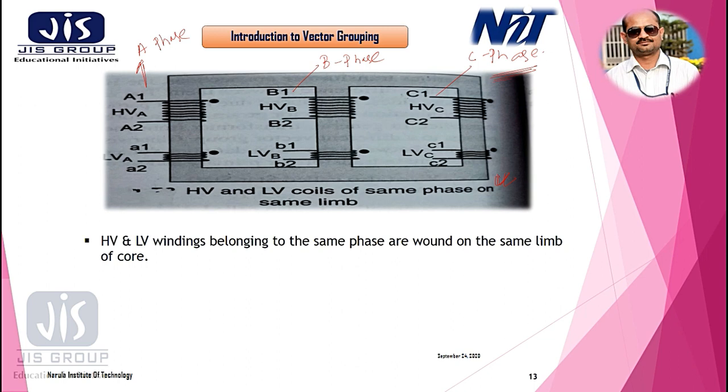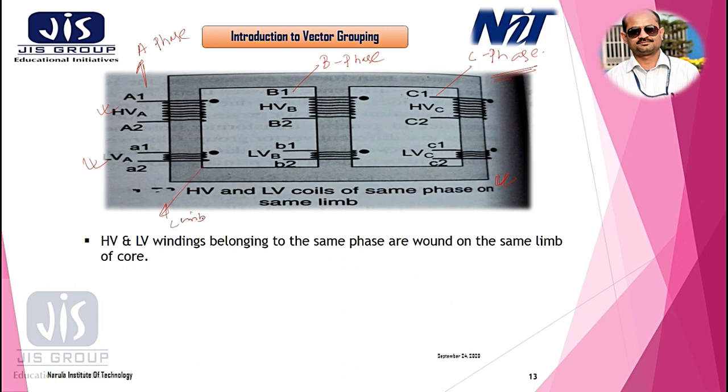Now, for A phase, this is my high voltage side, this is my low voltage side, and both this high voltage side and low voltage side winding belong to the same phase